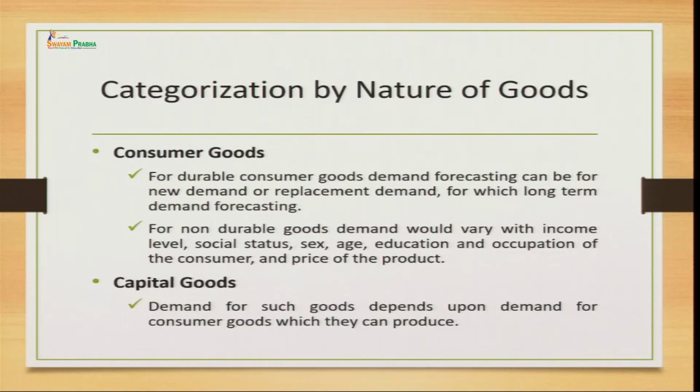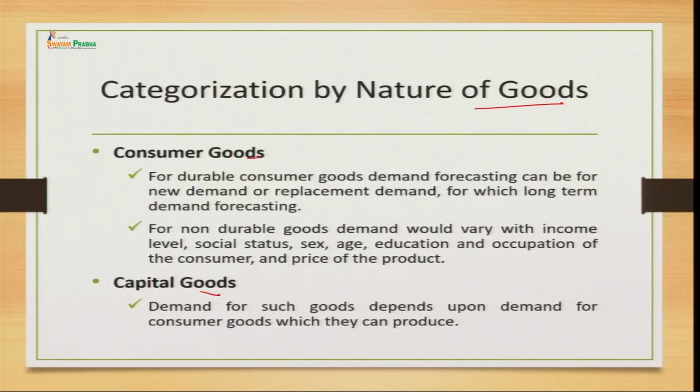And lastly, the categorization is also done on the nature of the good. What product are you forecasting the demand for, whether it is a consumer good or a capital good, because your categorization will be different. For consumer goods, you are going to find out the demand from the consumers, because those people will be able to give you better information regarding the demand of that commodity. Whereas for capital goods, your target people will be different. For that you need to find out the demand from the producers, because they would be needing this capital good. So the focus and your target audience will be different.